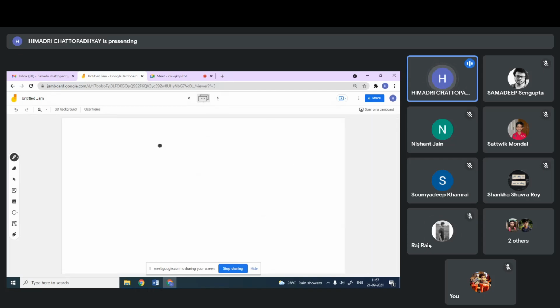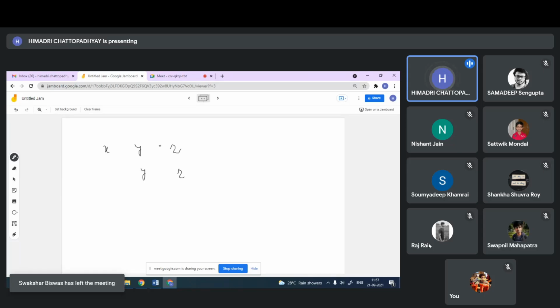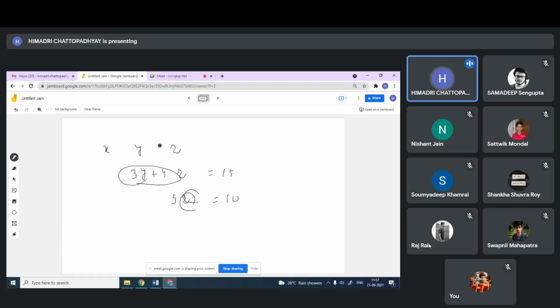So what we are doing, again I am telling that any equation with x, y, z, we must have this form. Let's say if 5z is equal to 10, that means I know z. Then say 3y plus 4z is equal to 15. If I know z, then I can solve for y. Then 7x plus 6y minus z is equal to something. If I have already solved z and y, now I can solve this x.